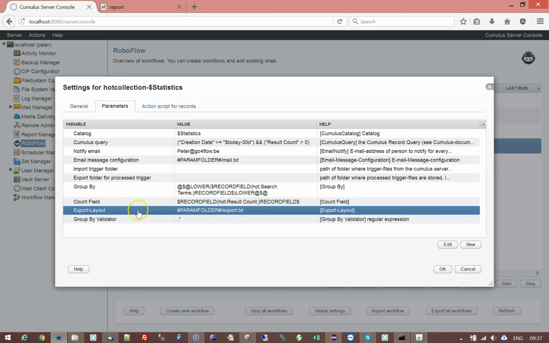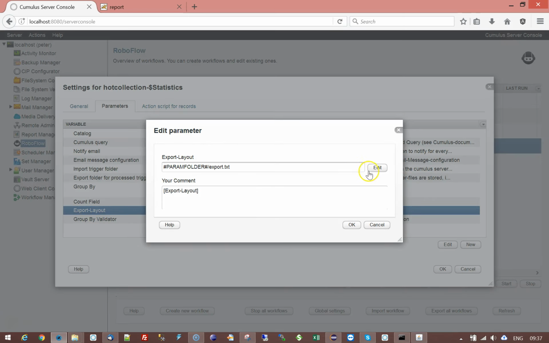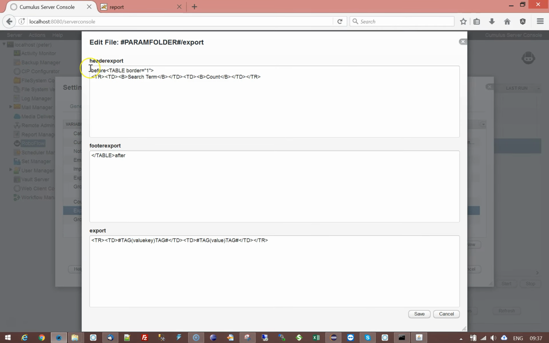Then for the report that it is creating, it has a template, and that template consists of 3 parts. It has a header, a footer, and a body. And so here, this is the header, this is the footer. So you can personalize this to whatever you like: search term, count, and then this is what you will be